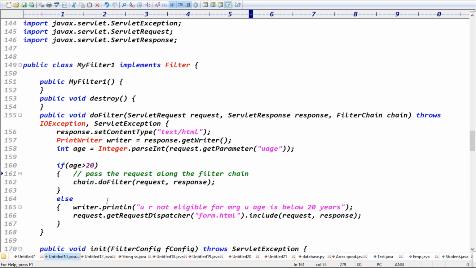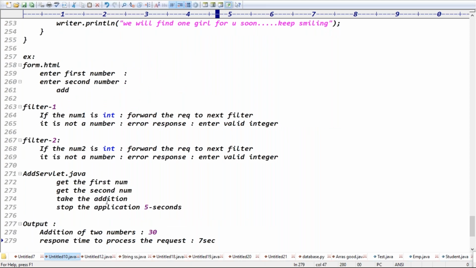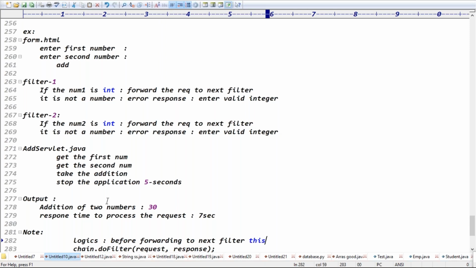Okay, the statement is clear. So if I write this line, what is the note? What is the clue, guys? Simply, what is the note here? Tell me, guys. Before forwarding, this code will be executed. Here, if you write the logic, guys, before forwarding to the next filter, this code will execute.